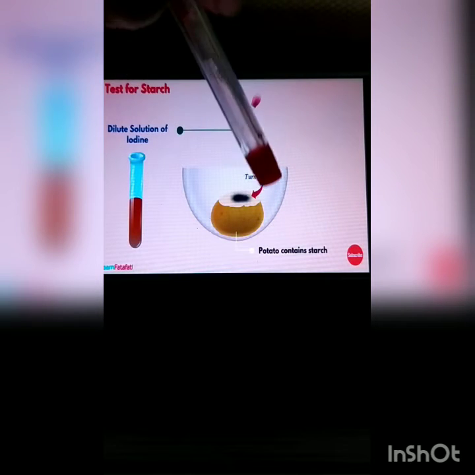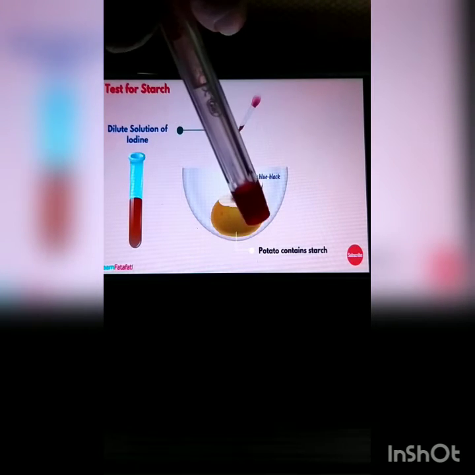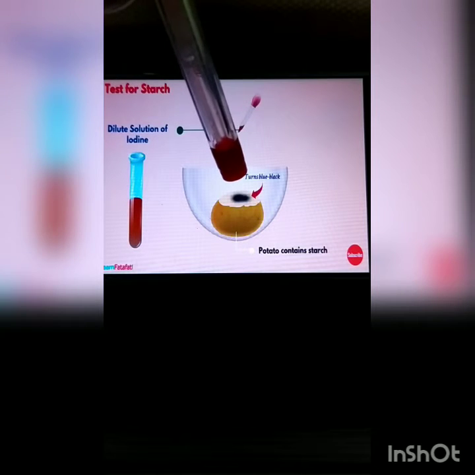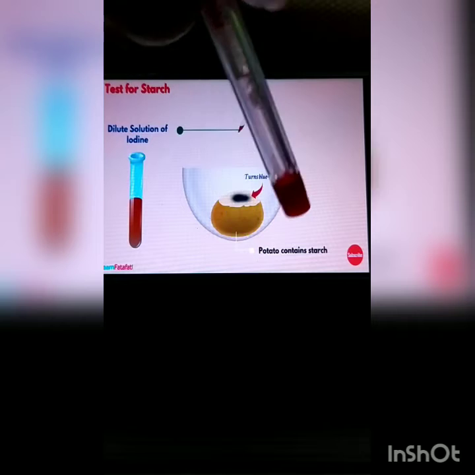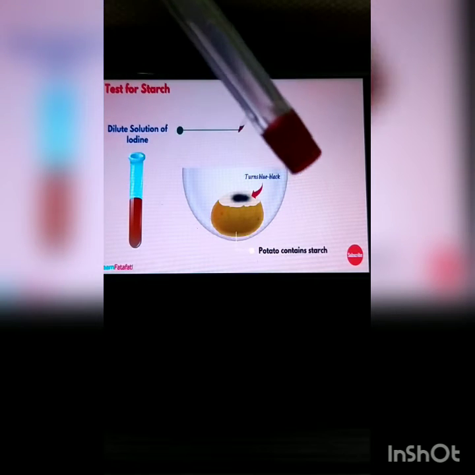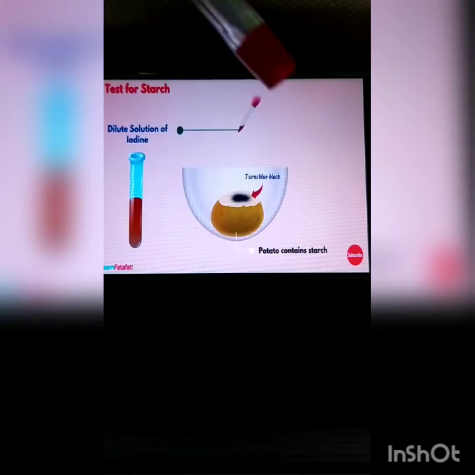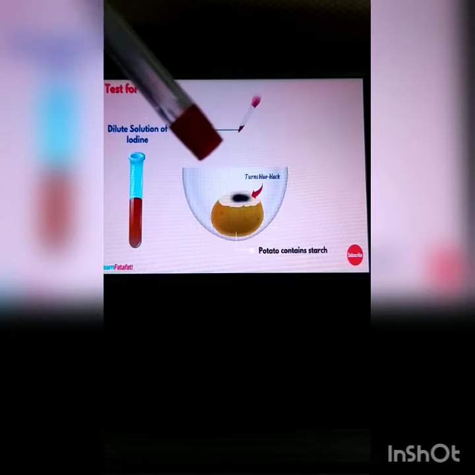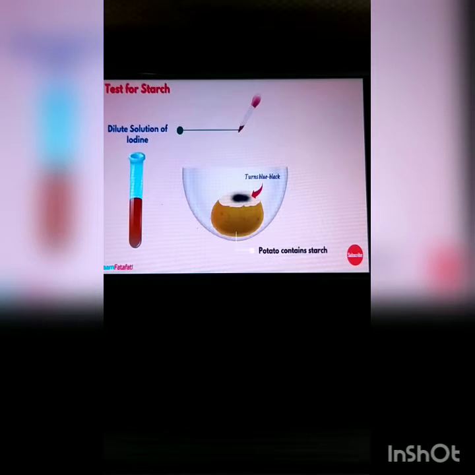Now you can repeat this test with other food items and find out which of these contain starch. Then enter it in your observation table in 2.2, which we have seen earlier.